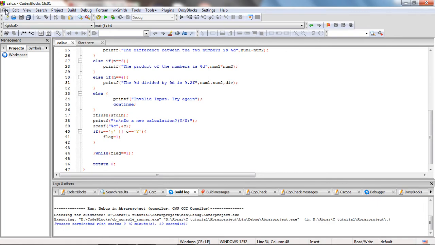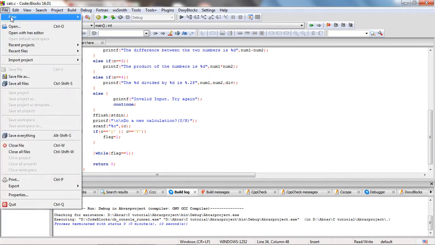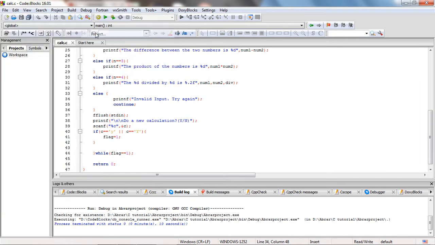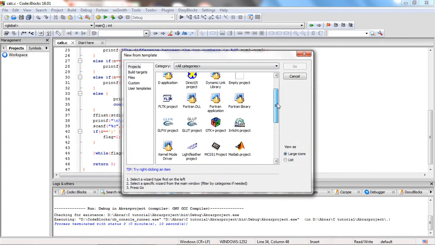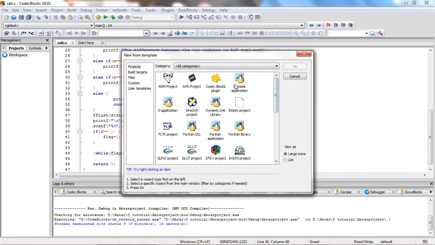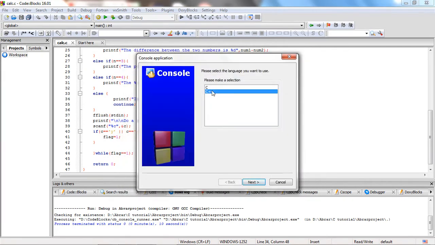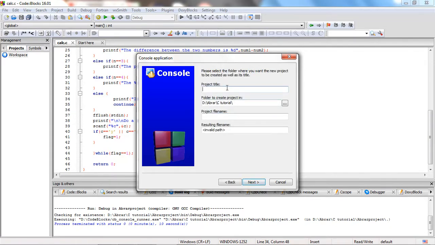Now what we are going to do is open a new project. So go to file, go to new, and select project, and you're going to get a bunch of options. Select console application from there, press go, and it will give you 2 options. C++ is just another programming language for now. We will go for C. Press next, and you have to give a project title. I will give mine Abrar project,